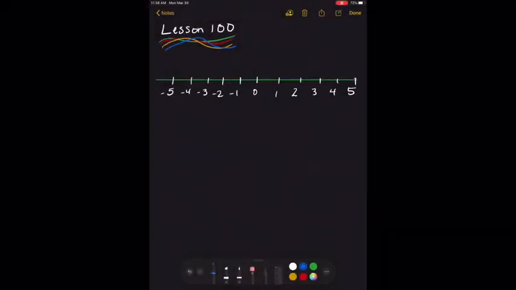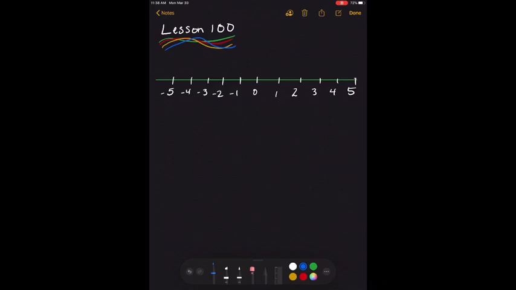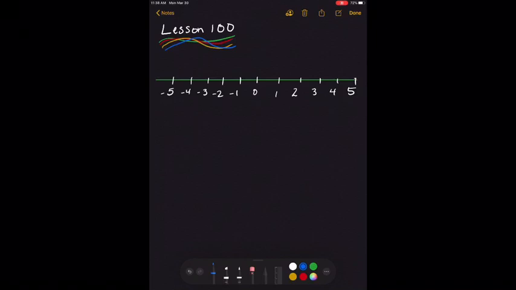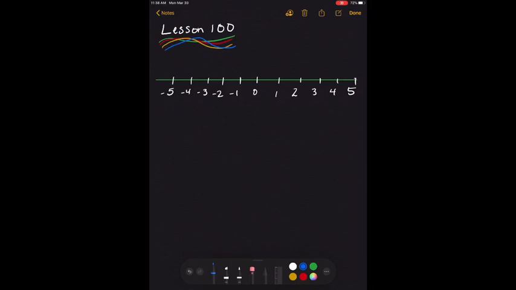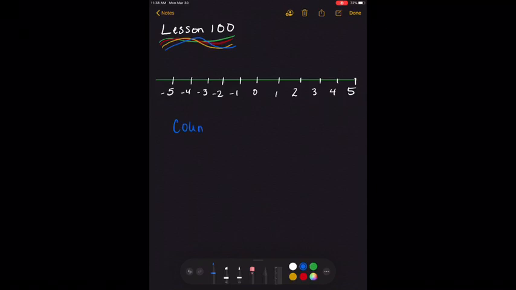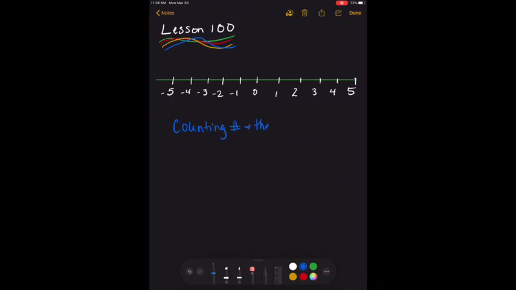Lesson 100 is about algebraic addition of integers. So what we need to do is review some of those words. So what are integers? Anyone? Okay, integers are counting numbers, their opposites, and 0. So integers are counting numbers plus their opposites